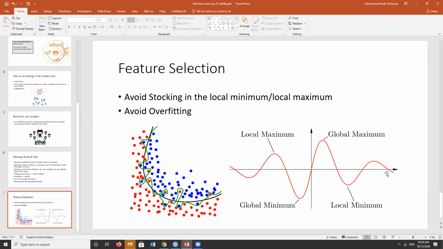So let's say you do some parameter change, so your error gets smaller. If you go from here, you are minimizing up to this point. Or if you start from here, you get to the minimum here. But if you go further,